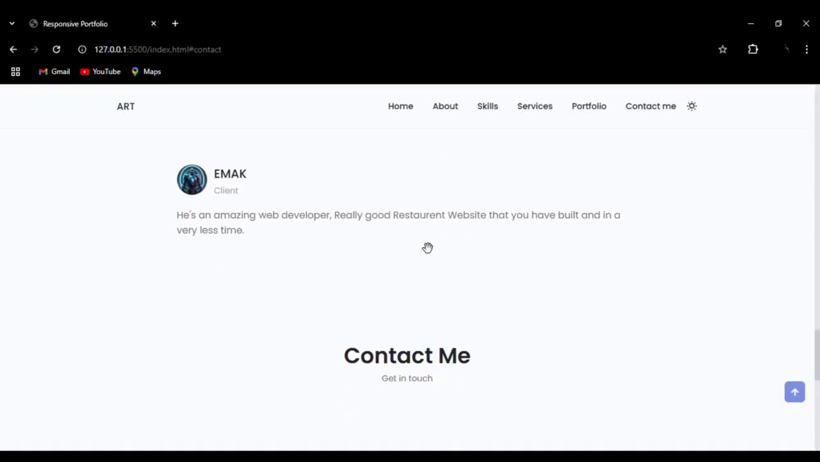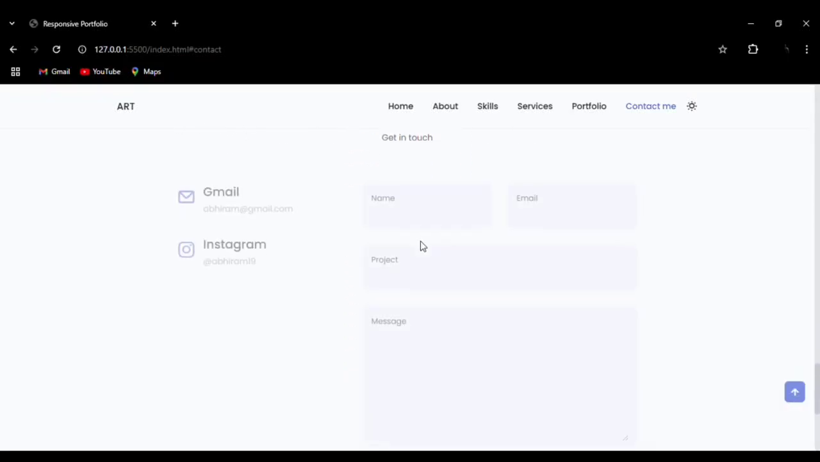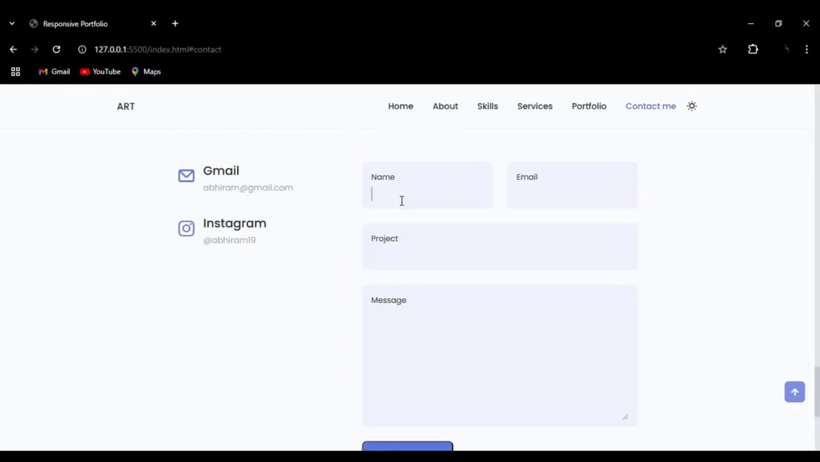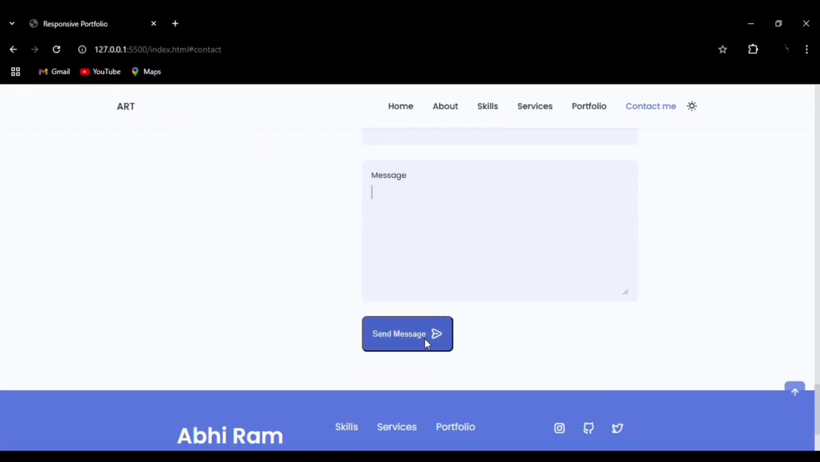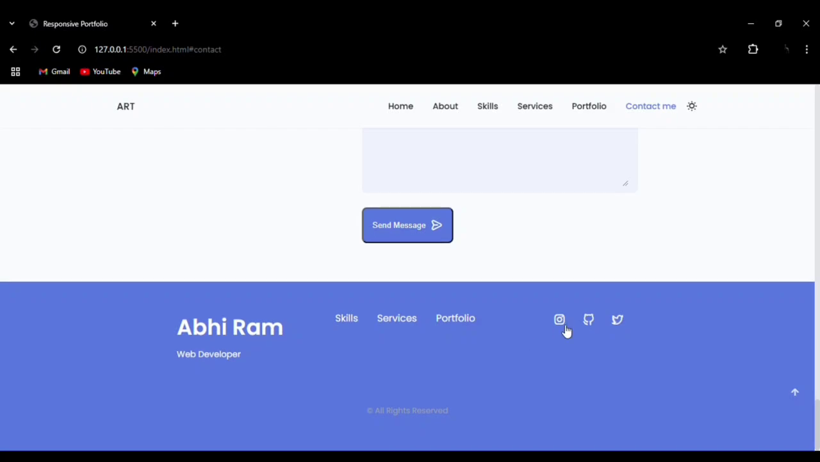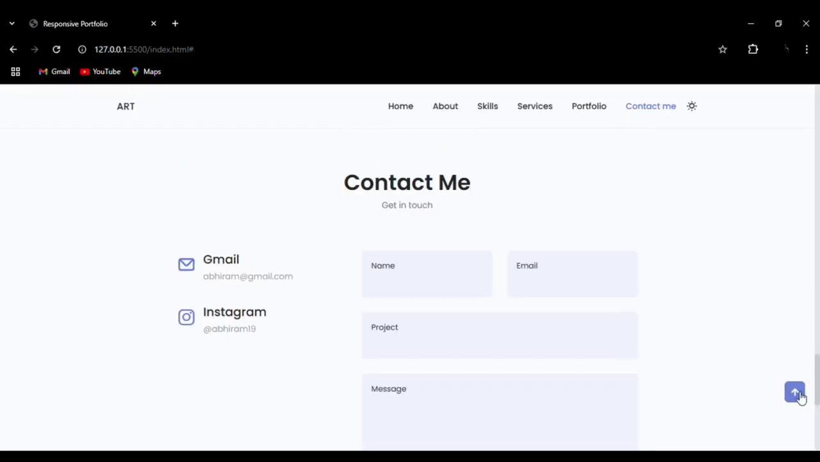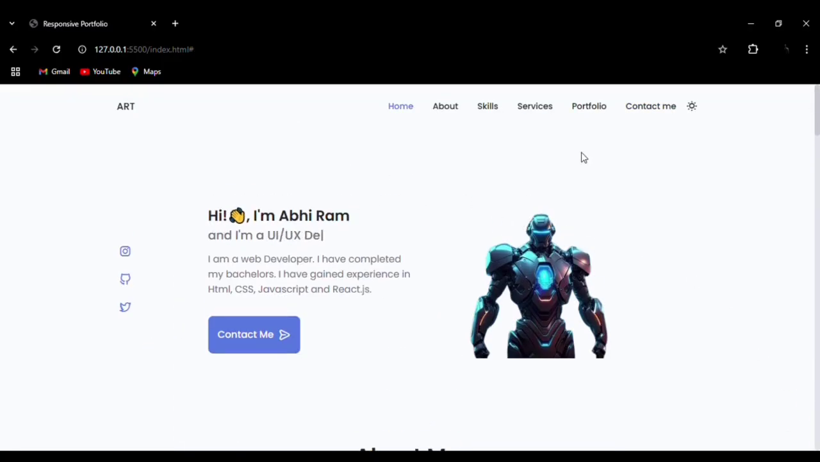Next, we have the contact section. You can see the smooth animation, and I have used the type function on the email and the form elements. You can see the hover effect on the button. Then you see the social media icons, quick links, and top bar button. If you go back to the first page,